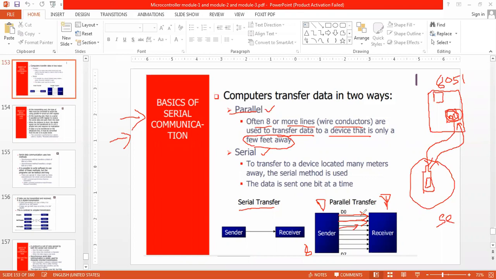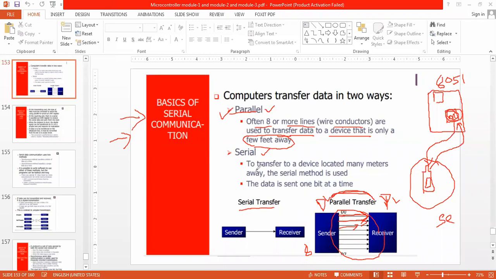So we go for a parallel communication whenever the sender and the receiver are near to each other, so that we can set up a parallel communication and, within a very small amount of time, send all the data at a single time to the receiver. So this is a parallel communication.